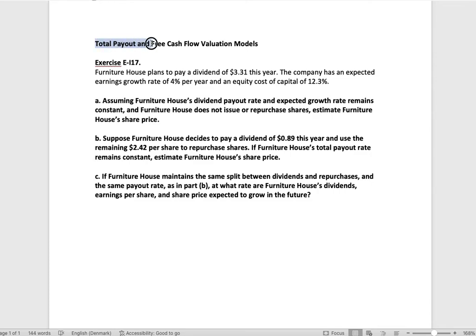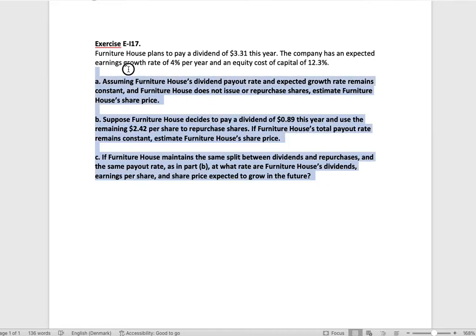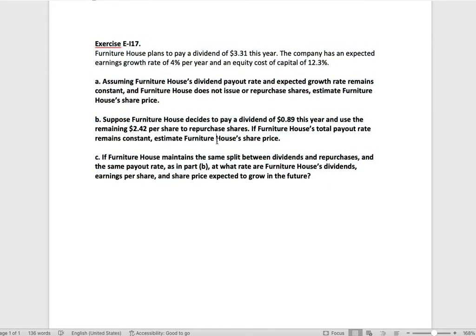This video is about the total payout and free cash flow valuation model. This model is about what happens when a company, instead of just paying out dividends, is buying back shares. All the assumptions this exercise is based on is that the market is completely efficient, which means that